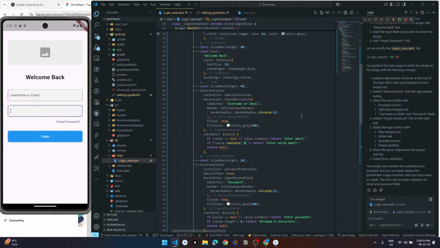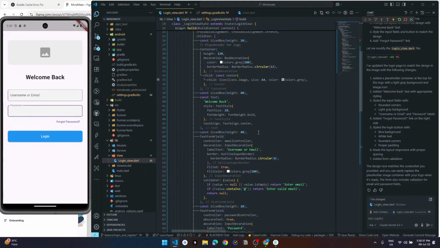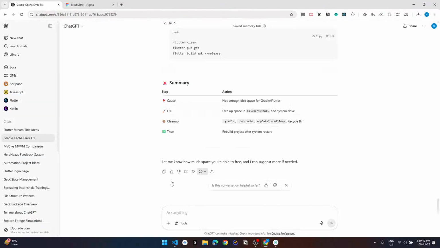So let's just start with removing the border from the filled Flutter field, and also the style is shoulder.